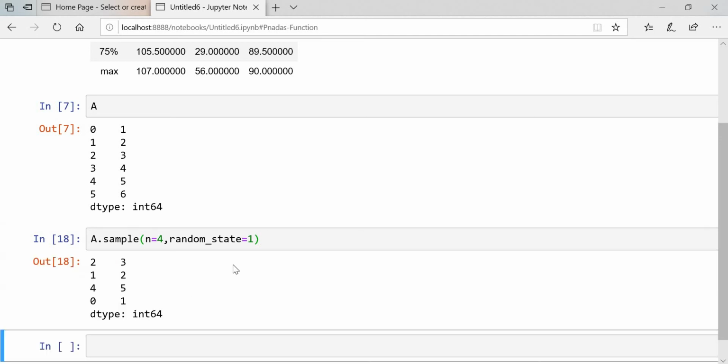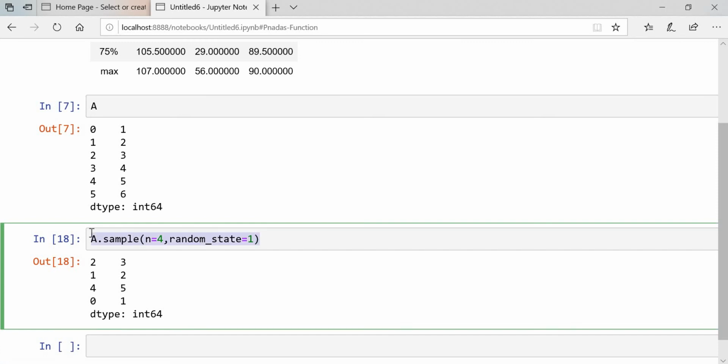So what the random state does is give the same data whether you execute one time or n times. If you execute this same code with random state 1 on another computer or PC, you will get the same information that I am getting here. The random state will work like this.